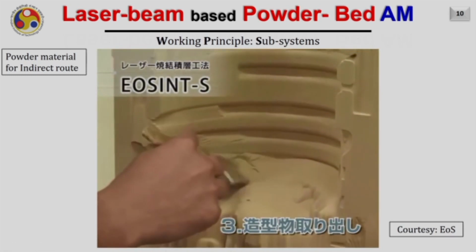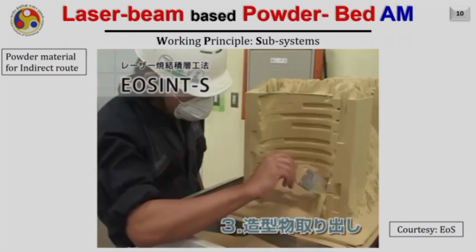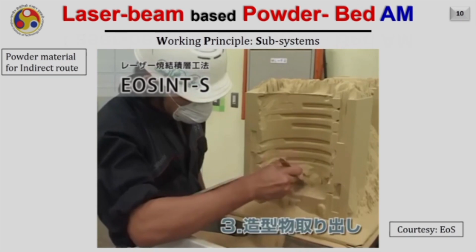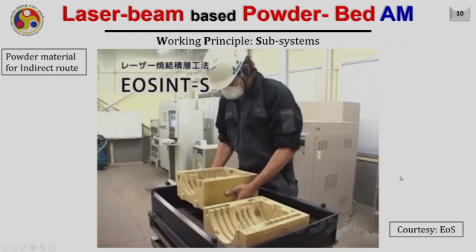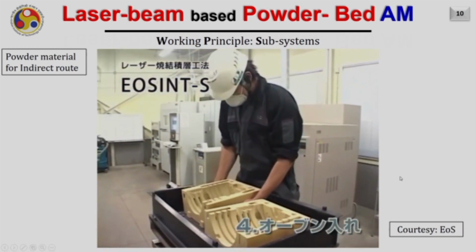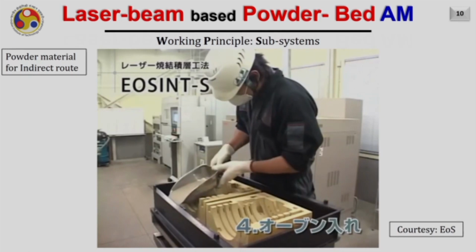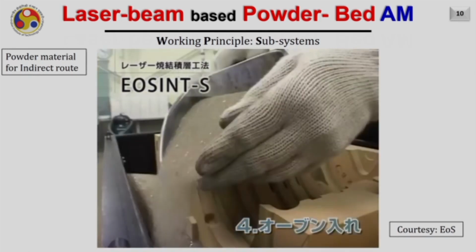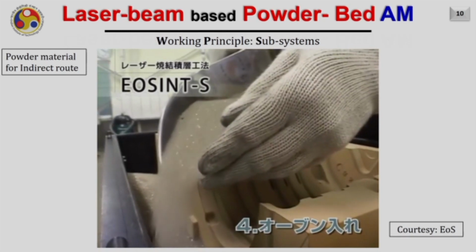So as you can see here, the overhangs don't really have any support structure which needs to be removed by an external process. It is very easy now to remove the support because the support is nothing but the loose powder. Once these molds are ready, as I said, they should have sufficient strength that one can easily handle them and take them to another station. Then in the next stage,